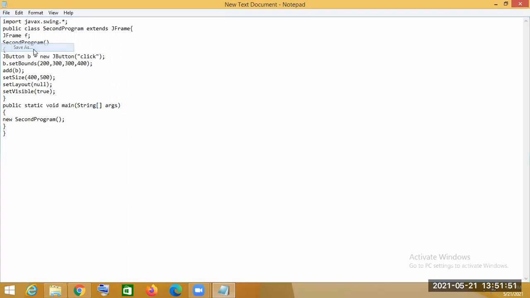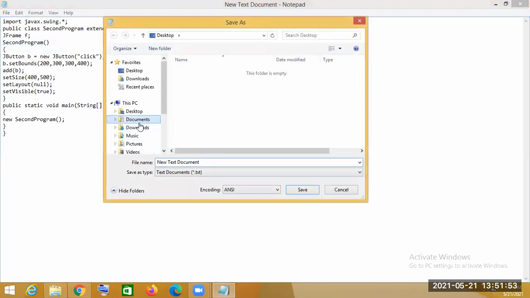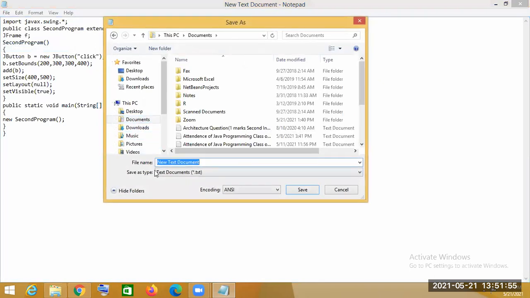So we will save the document as program.java.